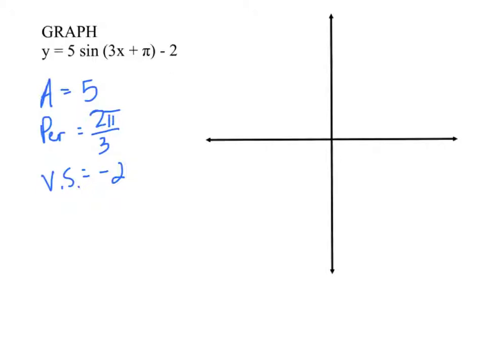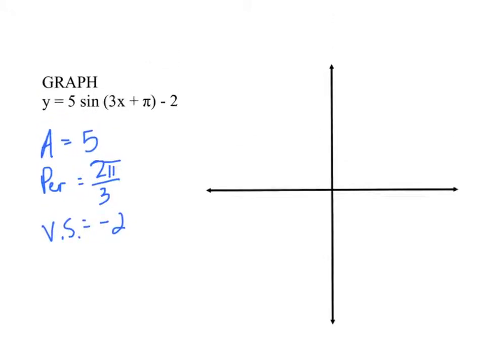So you might think to yourself, well then how is it really any different? Well, what we have to do is factor out that coefficient. Okay? We cannot have it multiplied into the parentheses. We need to find the phase shift. We need the parentheses to be here. So if I factor a 3 out of this, of course I just get x. If I factor a 3 or divide a 3 out of this, I get plus pi over 3. So my phase shift is left